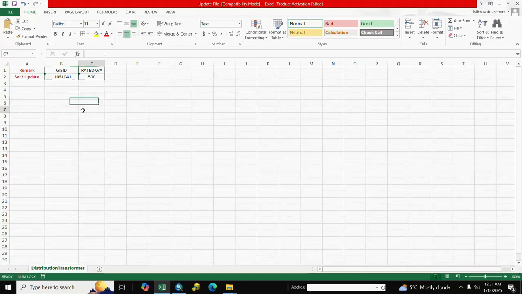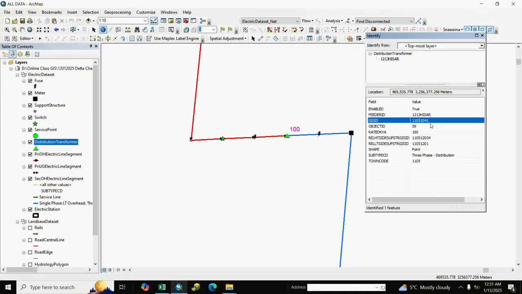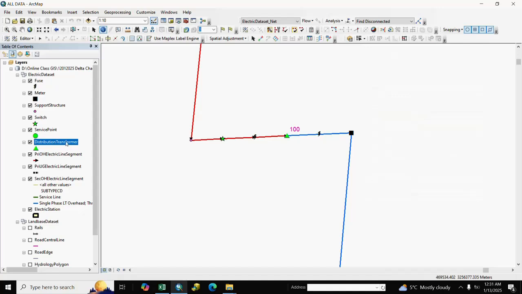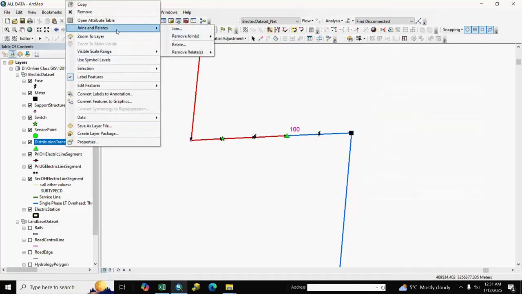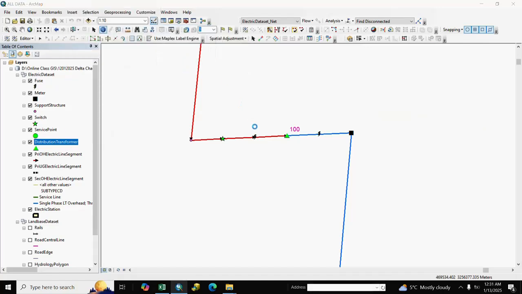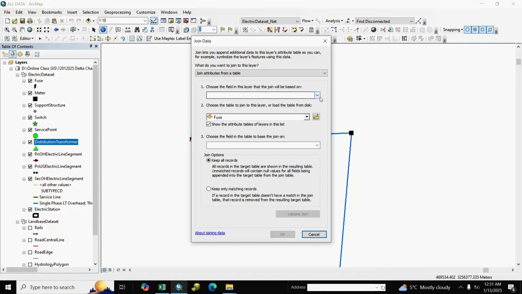So we update it. Here is DTR 11051041. We update it. We right click and go to join and GIS ID, and we go to update file.